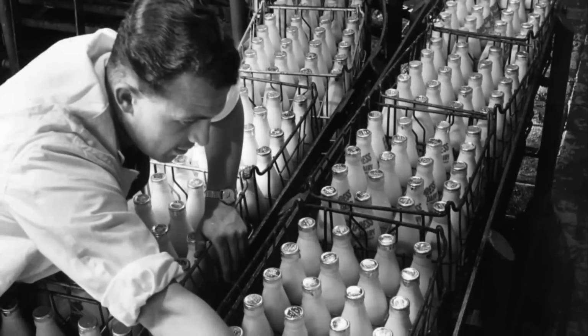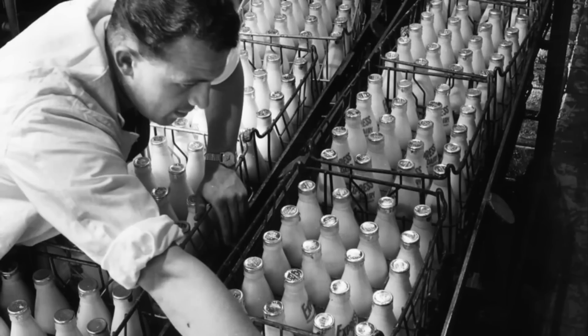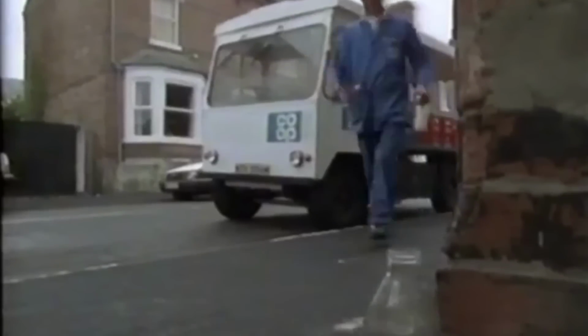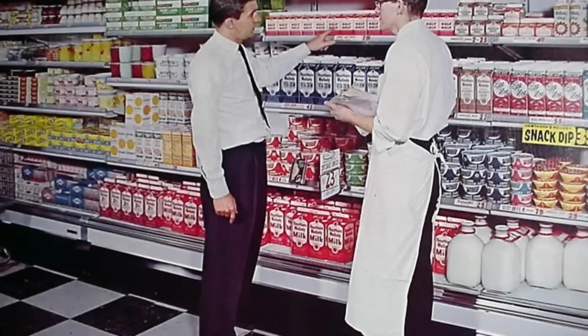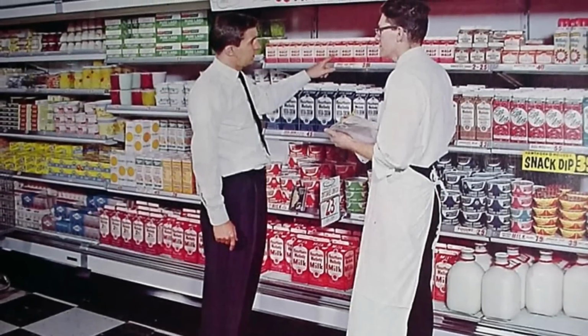The peak of milkman deliveries coincided with a time when few households had refrigerators capable of storing large amounts of perishable goods, making daily deliveries essential. The most remembered aspect of this service is the milkman's role as a community figure who not only delivered milk, but also served as a friendly, trustworthy presence in neighborhoods. The decline of this tradition came with the advent of supermarkets and improved home refrigeration, offering greater convenience and variety,